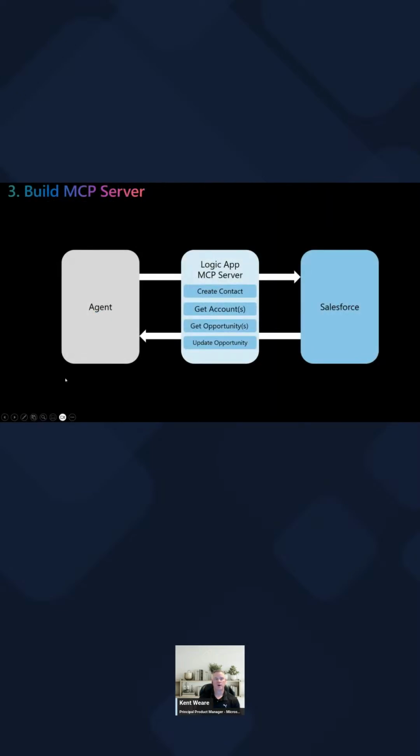All right, so now just a little bit more info about the scenario. We're going to build an MCP server that helps with sales management. There are four different operations or MCP tools that we're going to enable. We're going to allow you to create a contact in Salesforce, get accounts, get opportunities, and then update an opportunity itself. And so we're going to choose the connector actions that map to these functions. And then under the hood, inside of the Logic app, we're going to have a workflow for each of these different tools.